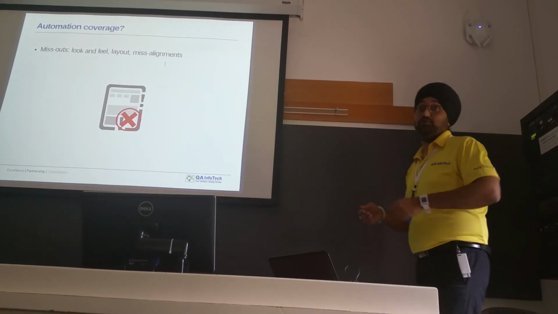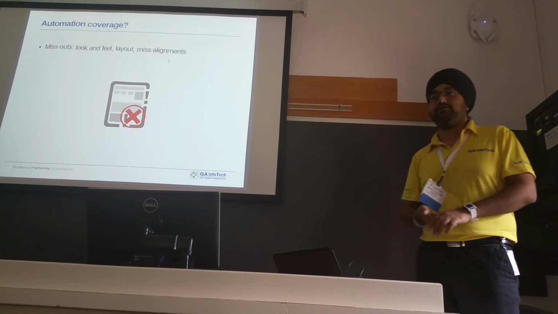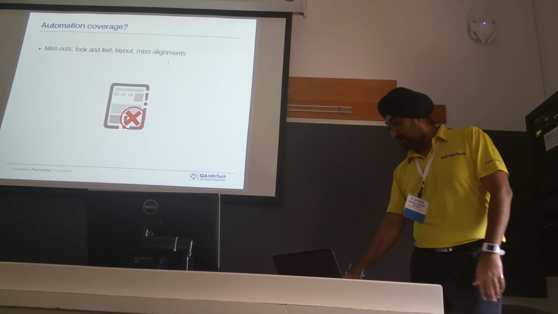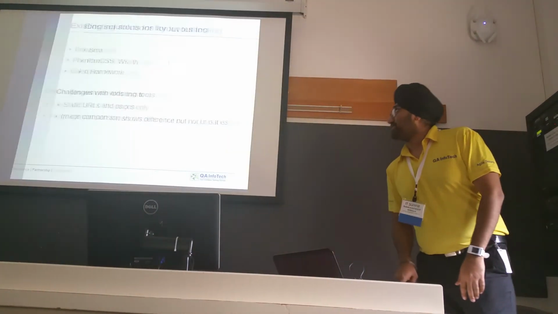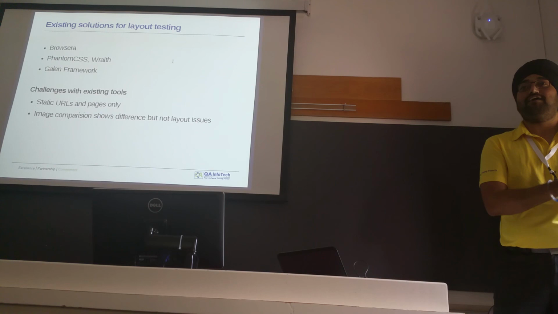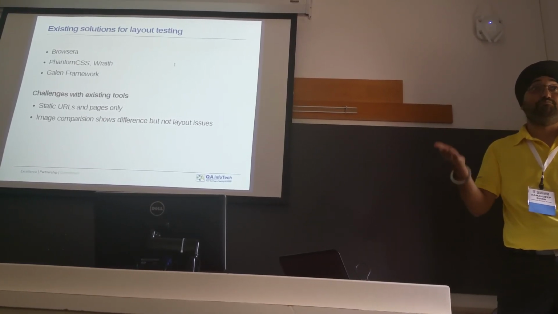That is a huge thing. When you execute these tests manually, you would be able to very easily identify those issues. But the automated scripts are not intelligent enough, they do not identify such issues. So how do we make sure that our frameworks are not just doing functional testing, but are also validating the layout of the application if it's a web application? And more is the case